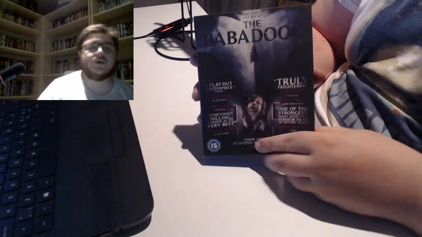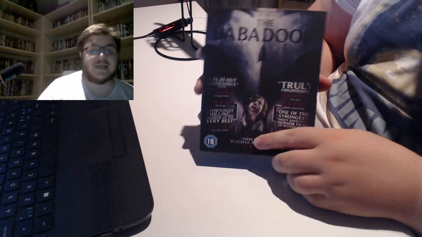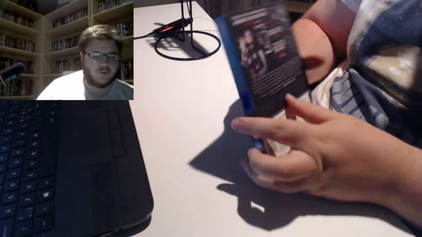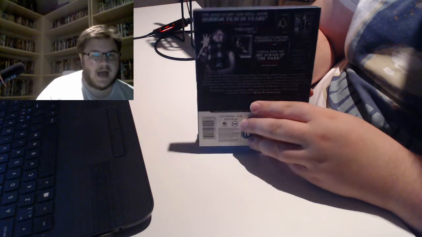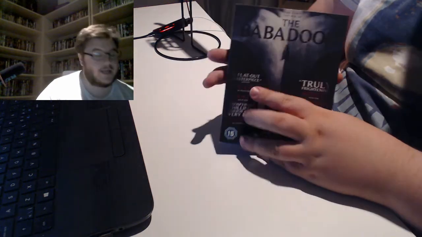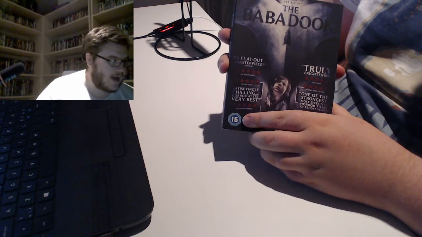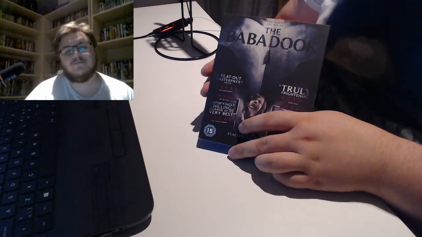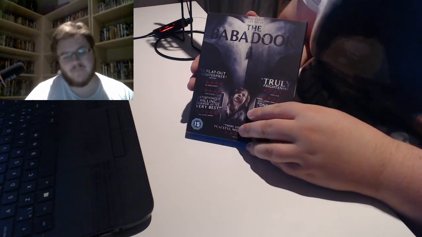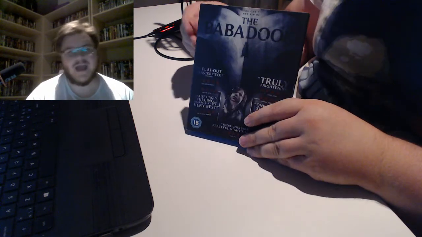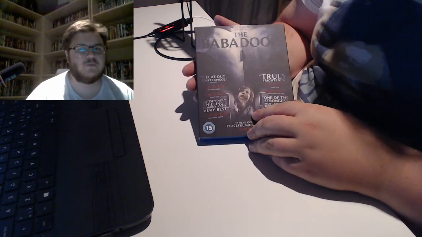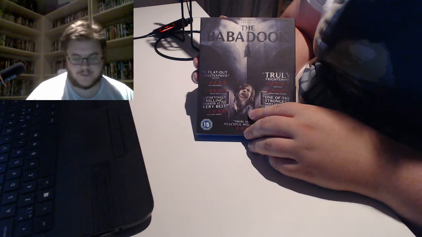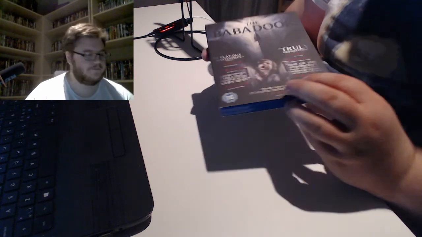And then we have The Babadook. I know some people don't like this, but when it first came out, it got a lot of praise, and that's why I wanted to see it. And I really, really like this. I really like movies about people slowly going insane. So this movie is definitely made for me. I have this weakness when it comes to movies about hitmen, for some reason, and movies about people slowly going insane. So I really like this.